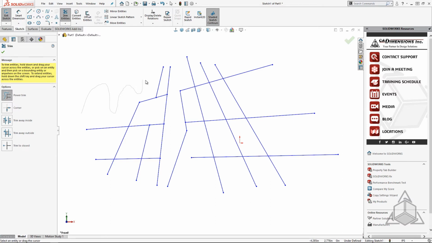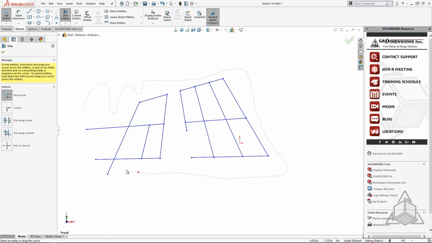As long as I hold down my mouse button, I can swipe very easily through many different lines and trim many entities very quickly. And if I don't let go of my mouse button, you can see I'm followed by this red dot. If I go backwards over the red dot, it's a single undo. So if I get too overzealous, we can very easily go backwards one sketch entity at a time and bring those back. The last thing I'm going to talk about